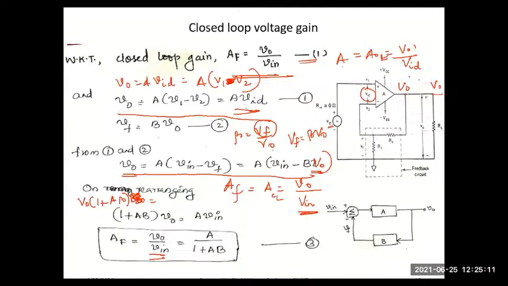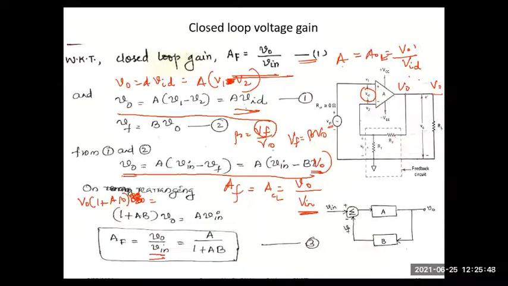And then we have the output voltage here, V0. What will it be? Gain of the amplifier times its differential input voltage VID. V0 can be written as A VID, and I know VID is V1 minus V2. So I'll substitute VID as V1 minus V2. Now I have an expression for V0. I have to try to find the expression for Vin. So let's try to do that.